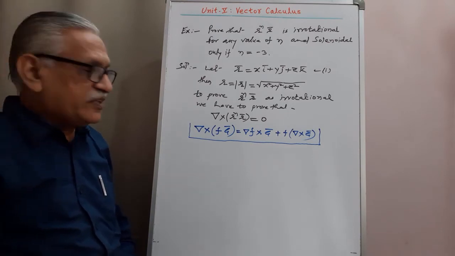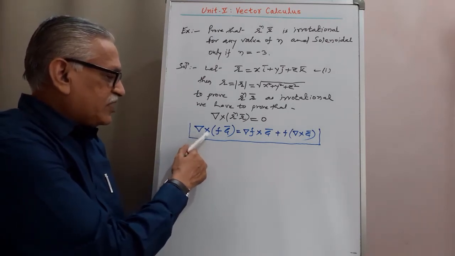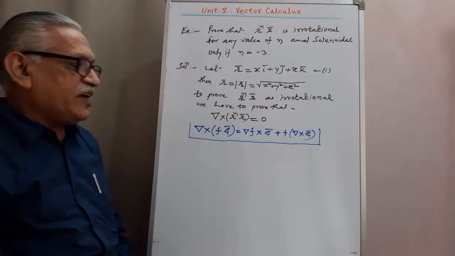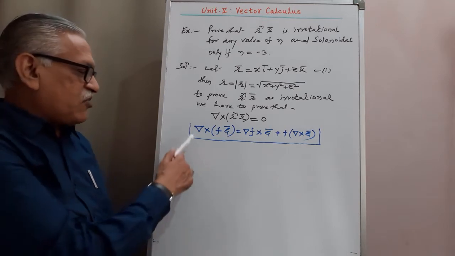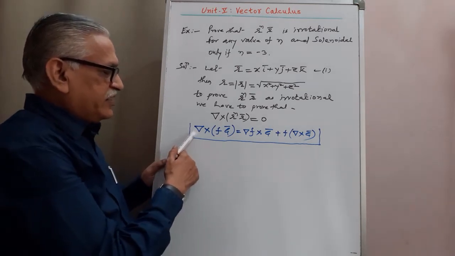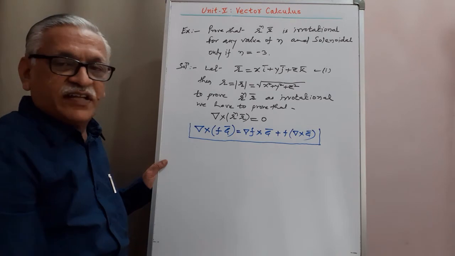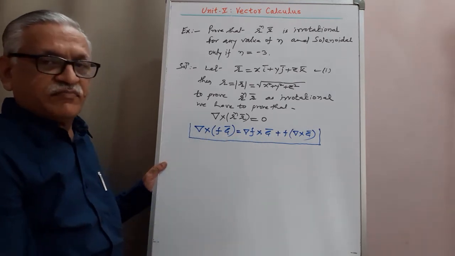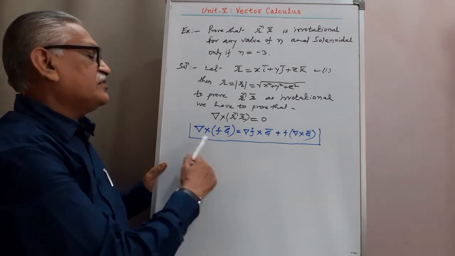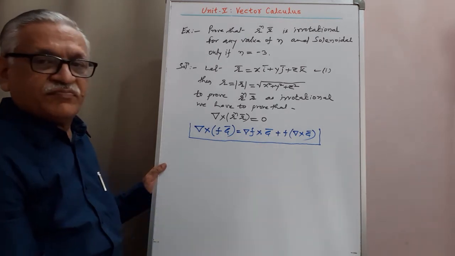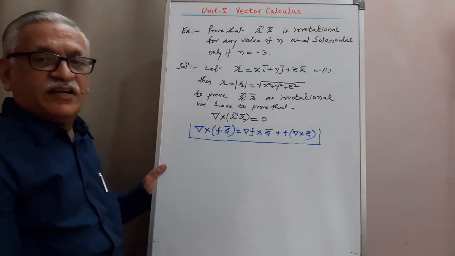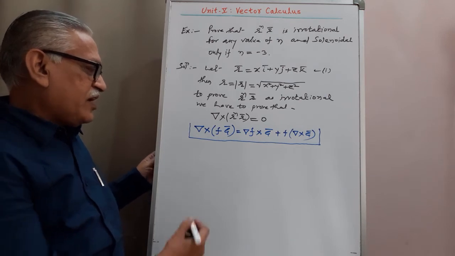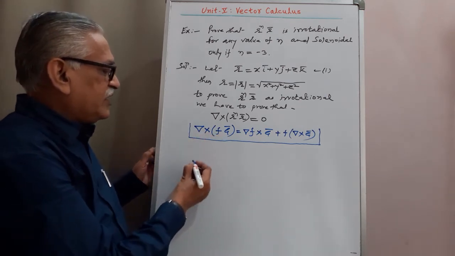Therefore, using this result, curl of f g bar is equal to, we have to obtain the derivative by this del operator. It is derivative of first function, that is del f, cross product with second function g bar, plus first function f, derivative of second. This is nothing but the UV rule, or product rule of derivative. And therefore, it becomes